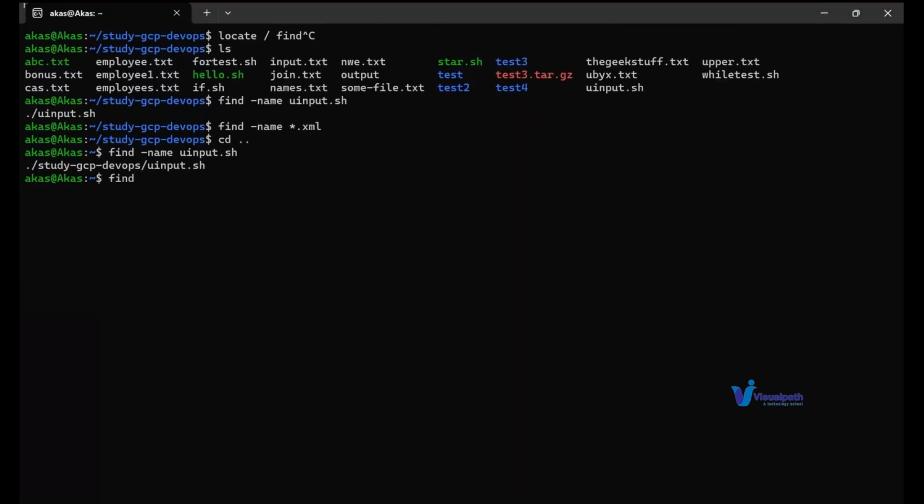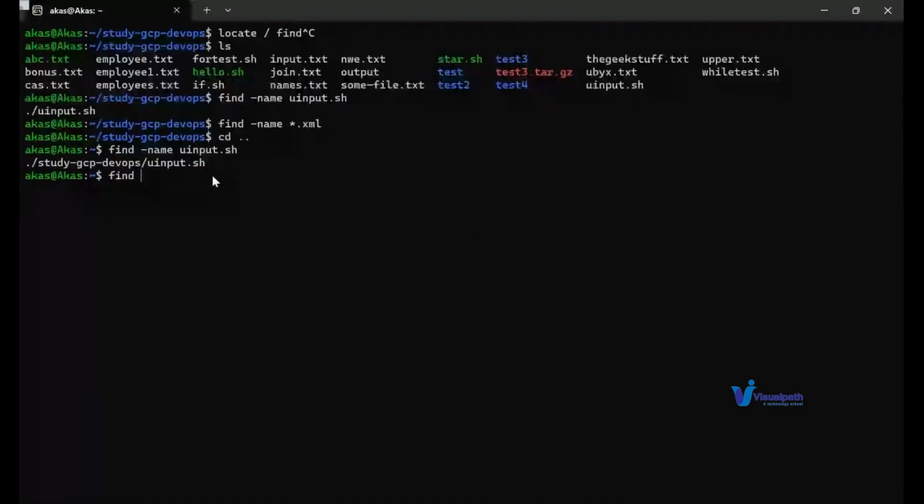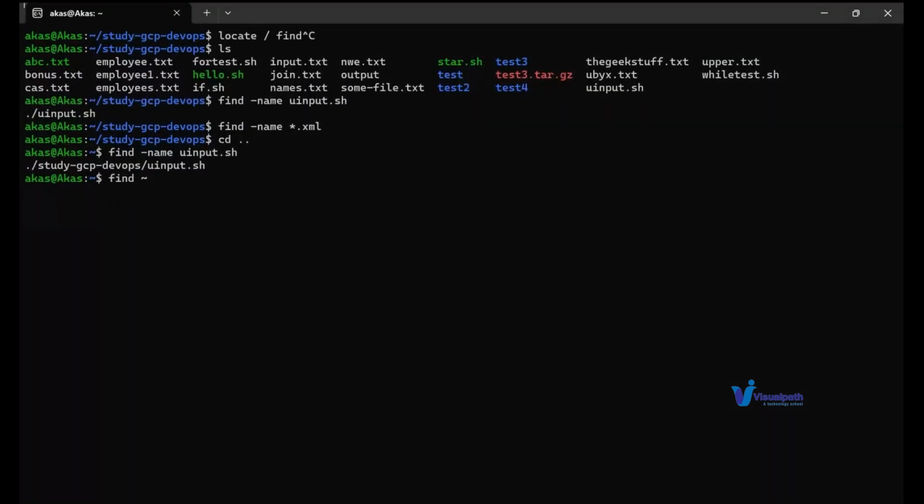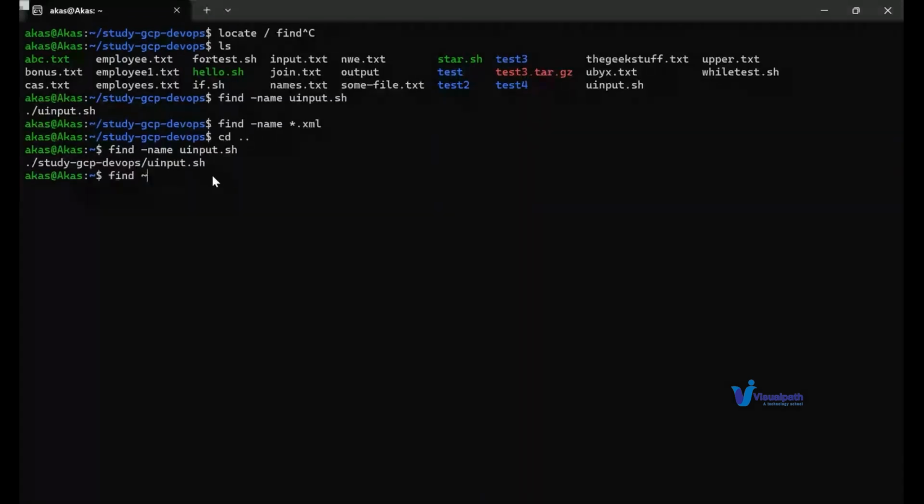So it is find. We need to use tilde. Tilde will help us to search for the files in that range. And where do you find tilde? If you are using a Windows machine, on a Windows keyboard, above the left-hand side tab button, there is the tilde, right? From where you get that. Then it is